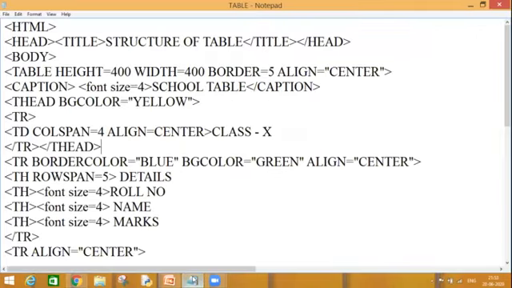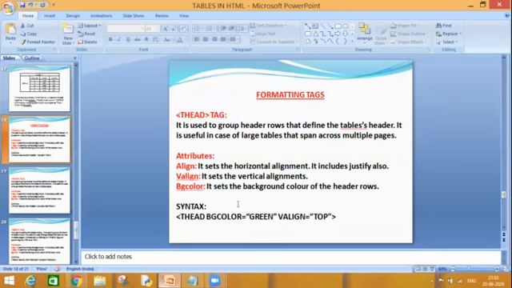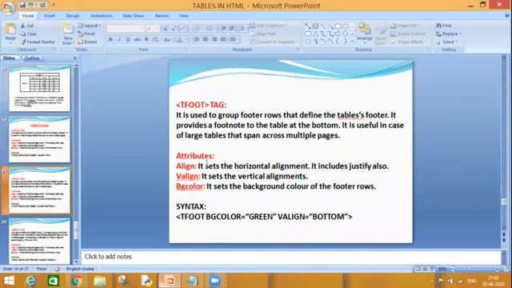Now, there is another tag, the TFOOT tag. Now, like a header, I have a footer also, as we use header and footer in our MS Word document. And what is the importance of using it? Once I have inserted my header and footer onto my first page, it will automatically be continued and added onto the rest of my pages in the same document.